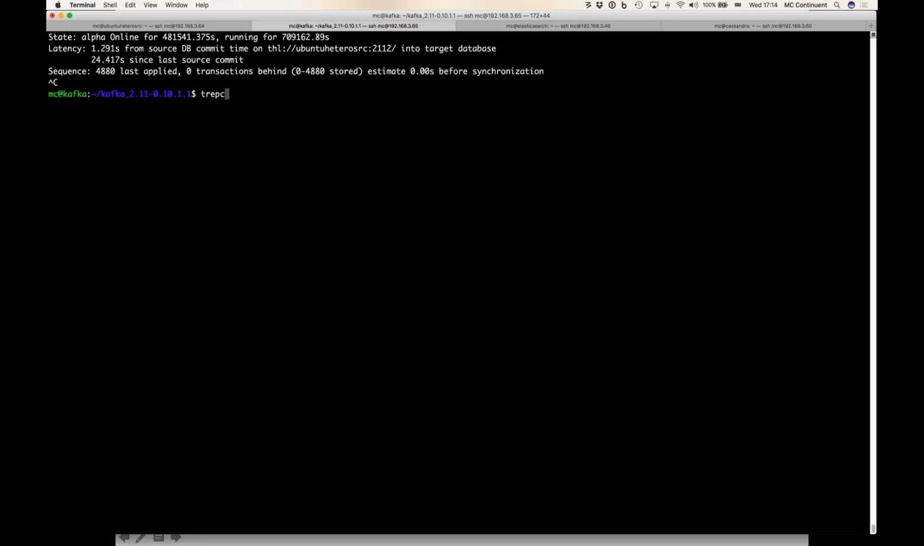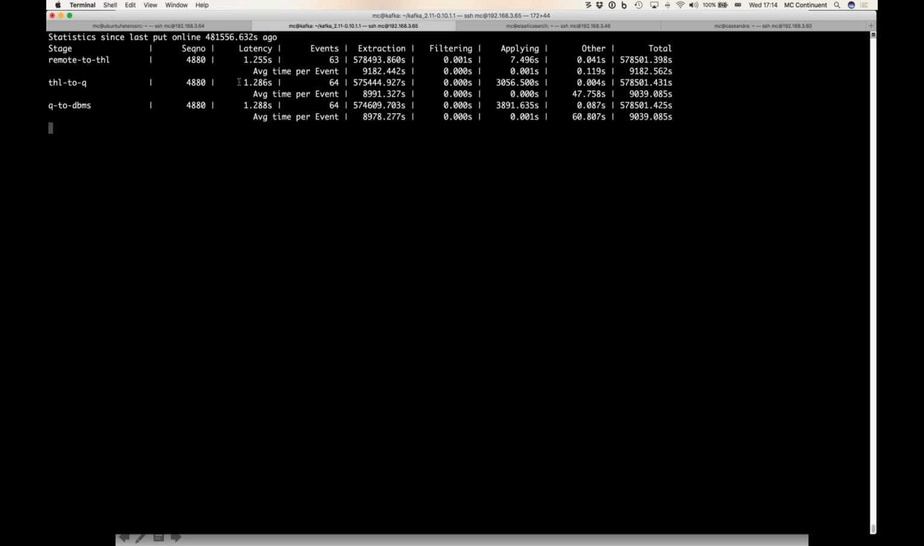Now, even better, if you think there's something wrong with the replicator and you want to understand where there might be a particular slowdown in the overall process, we have another command. So we have this command called perf, for performance. What this does is show you very detailed statistics of each of the individual stages within the replicator. These are the stages that extract information from the MySQL binary log or extract the information from a remote replicator,